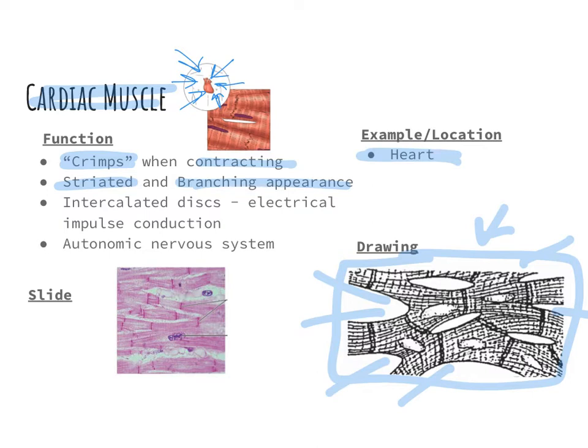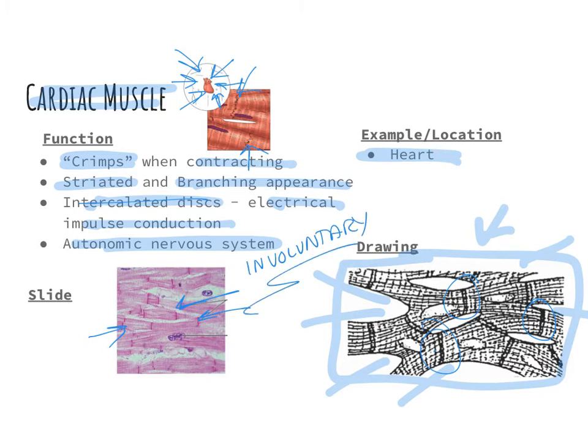Cardiac muscle has intercalated discs, which you can see in the images. These intercalated discs, which I'm pointing out in the drawing, you can see in the microscopic image here. Those are the intercalated discs that you see there. Those control the electrical impulse conduction, so this is what gets the cardiac muscle to contract. This is part of our autonomic nervous system, which means it's involuntary,